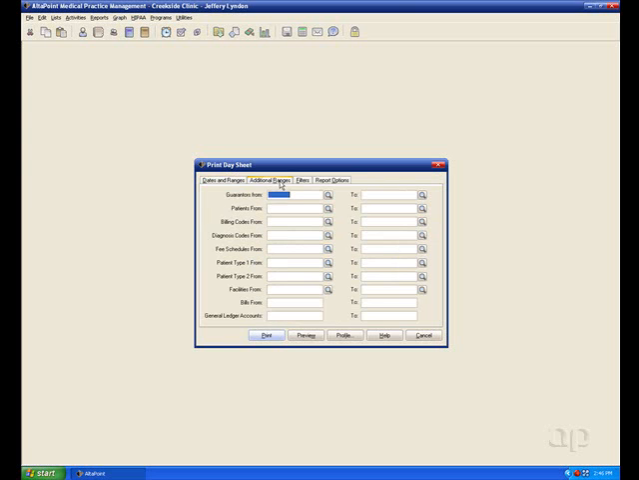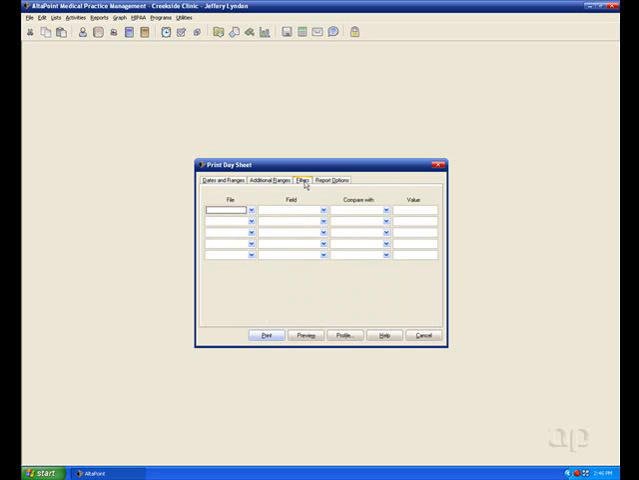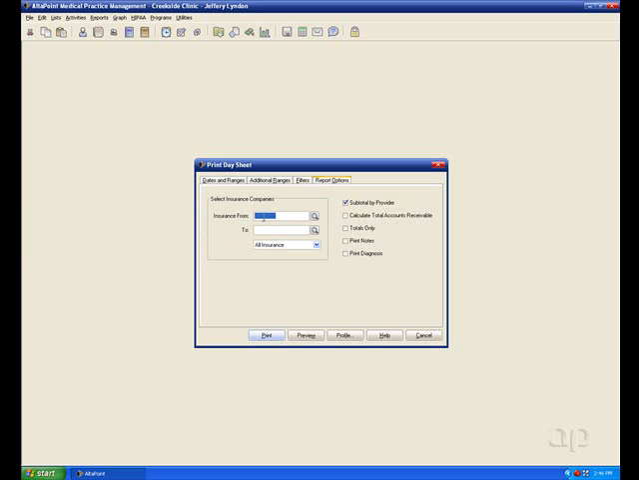The additional ranges tab gives you the option to put in any other ranges you wish. And the filters tab lets you do even more ranges if they're not on the additional ranges tab. The report options tab gives you the option to filter by insurance company or insurance type,